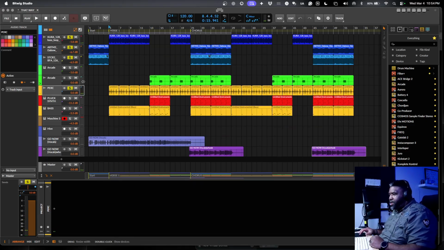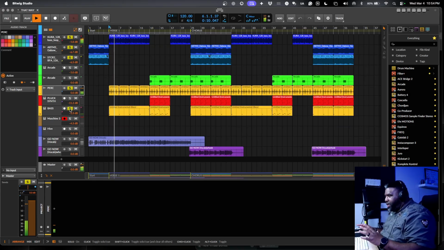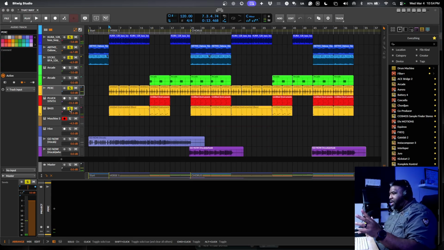That's where that started from. I had this bass here. Very simple. That's all I had at that point in time. I did that in Suno Studio.